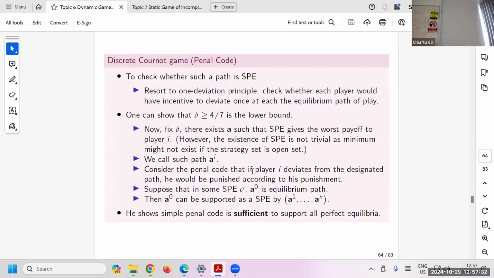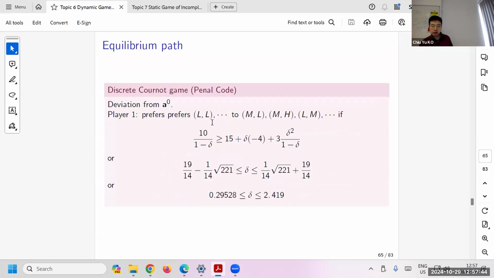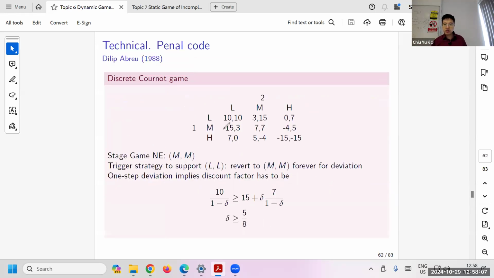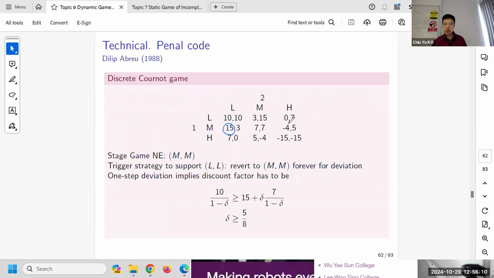So overall, check whether they can be done. This is what I said, but let's do the proof. This is what I just said already. So we will see lower, but the bounds are lower. So how can we support this one? If you follow, you get 10 forever. If you don't follow, you deviate, you get 15. You get -4 and 3 forever. So remember we said the code is MH, LM, LM, right? So if you deviate, you earn this one, then you earn this guy, and this forever.